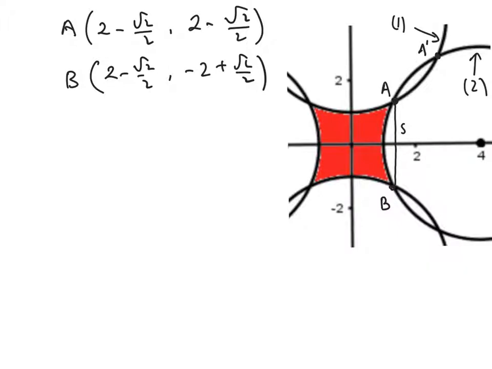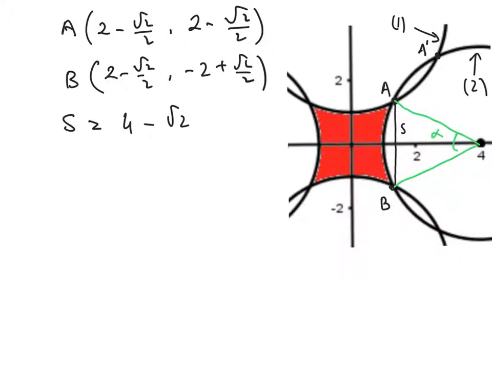The length of side S is equal to, now A and B have got the same x coordinate, so it's easy to say that S is equal to 4 minus square root 2. The next thing we are going to do is to find the angle of the sector. So we need to find this angle here,